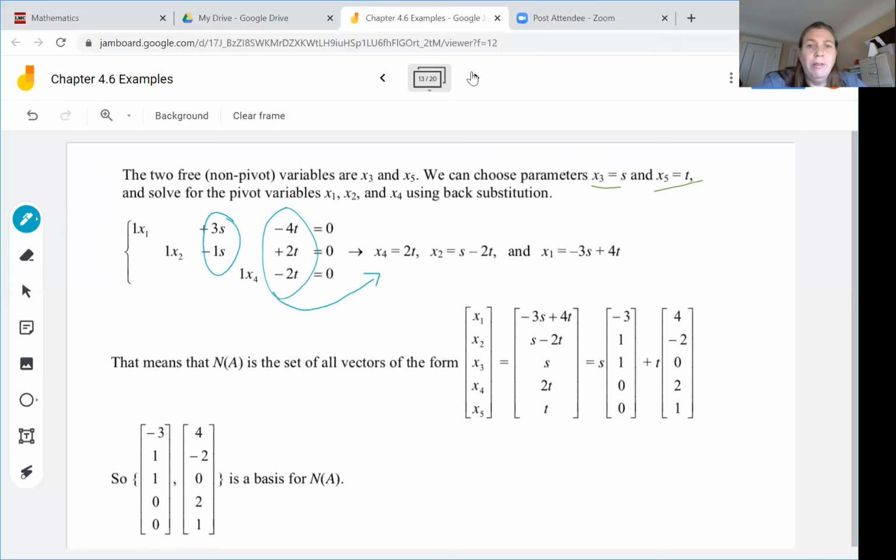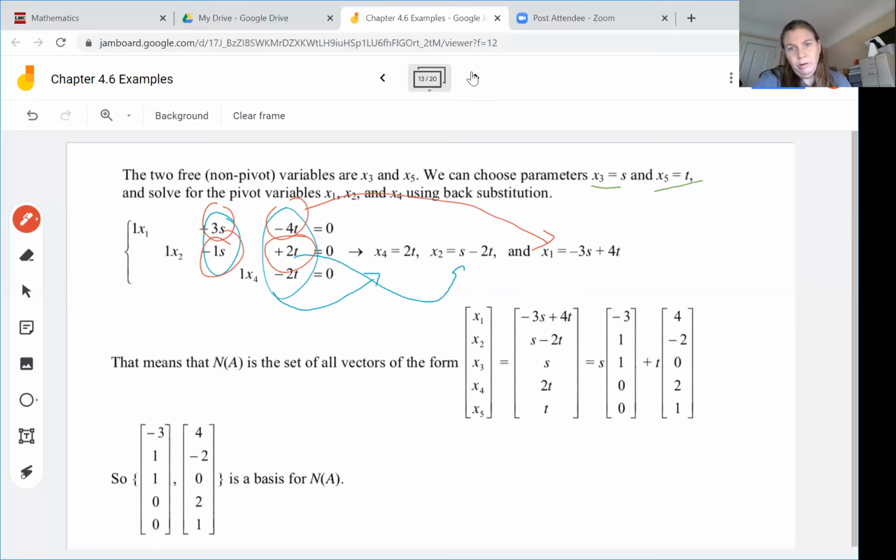For x2, if we bump these over to the other side, we get x2 equals s minus 2t. All we're doing is taking these values and isolating x2 by moving those to the other side. And similarly, x1 is going to be negative 3s plus 4t, just by moving these values to the other side. So that means that N(A), the null space of A, is the set of all vectors